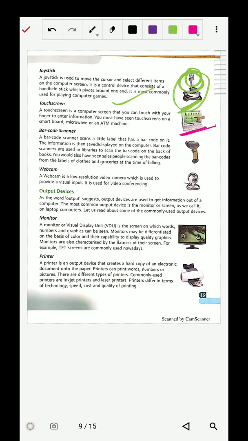Suppose there is a withdrawal, you click on the withdrawal, the process will be done. So likewise, this is all about the touch screen. So by the touch screen we can give the input. Joystick also, by the help of joystick we are giving input, because we are moving the cursor, means we are giving the input. Barcode scanner, I think